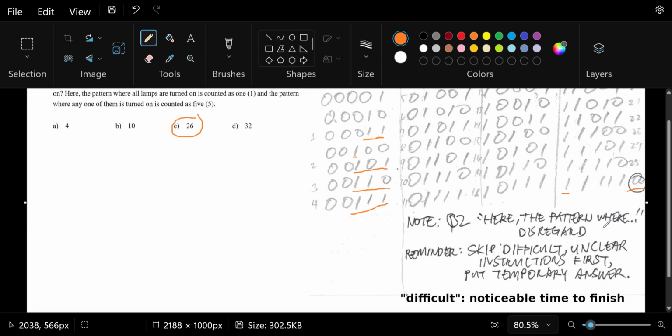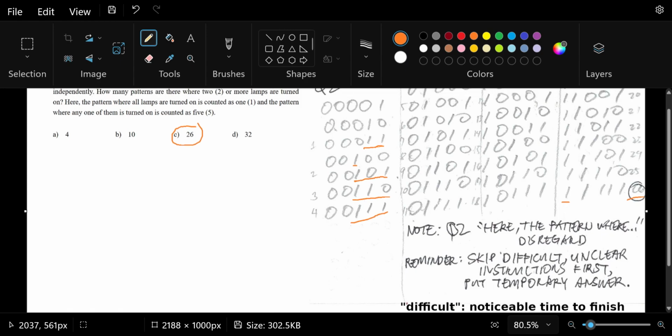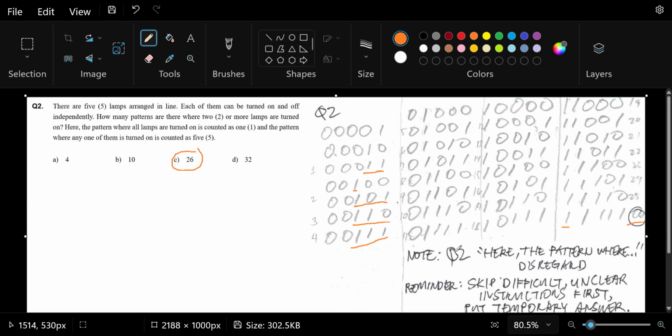But again, this is a difficult question because it takes such a long time to find the answer. And you might as well just skip it first, do the easier ones, then come back to it later on. Okay? Alright,